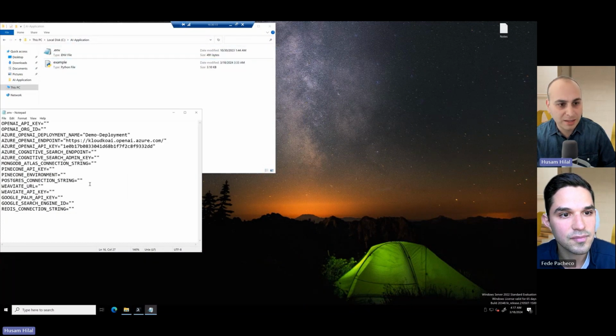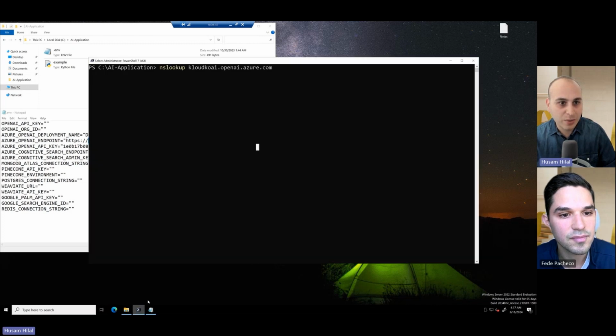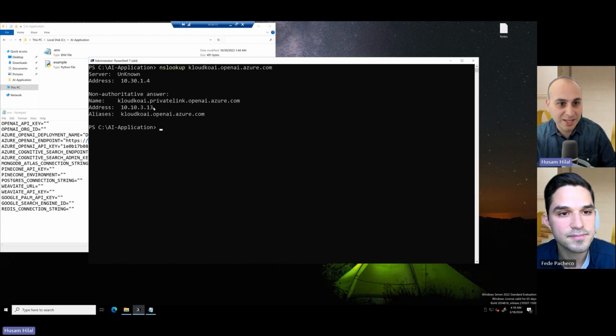And in the Python configuration, you see it's pointing to the instance of the OpenAI service. And next, we're going to do the network resolution here. And you would see that it's using a private IP address. That means we are integrating with Azure VMware Solution and other services privately and securely within the Azure ecosystem.